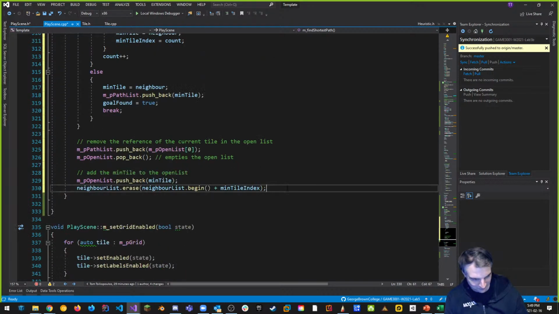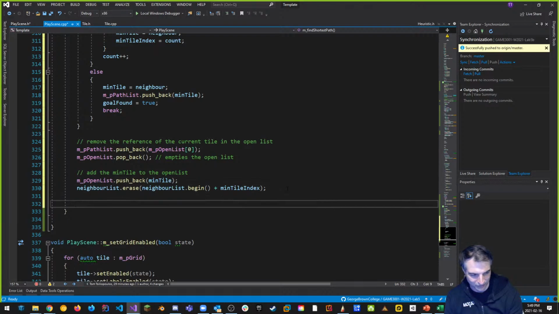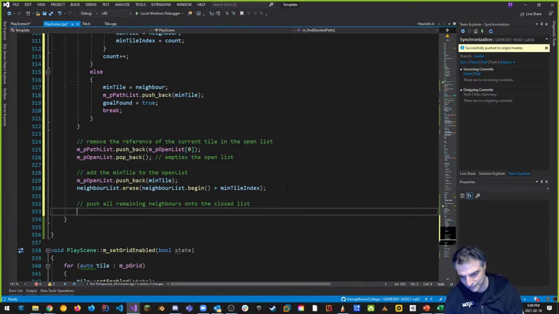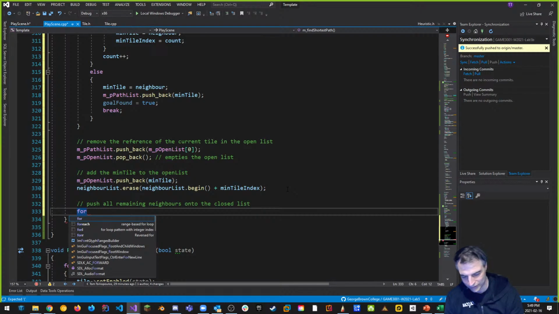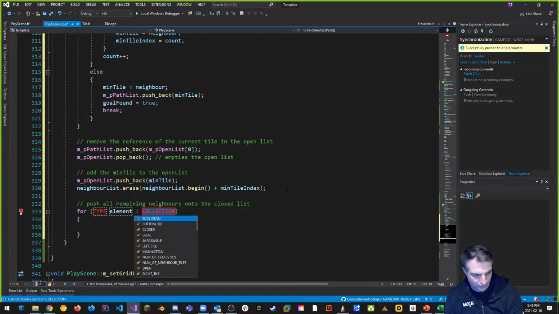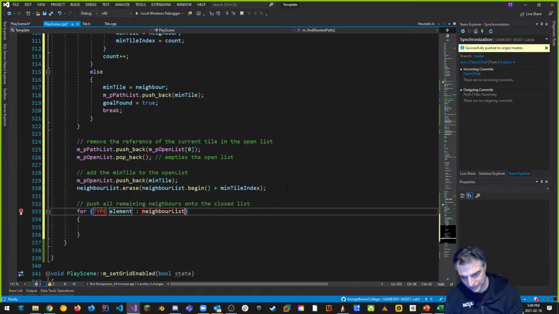But I'm going to make another loop. All right. And I'm doing it so you can understand what I'm doing. Okay. So then I'm going to push all remaining neighbors, whatever's left over, onto the closed list. Right now I'm not using the closed list, but I'm going to say for each neighbor in the neighbor list, whatever's left over after I've removed the one that needs to be put on the open list,